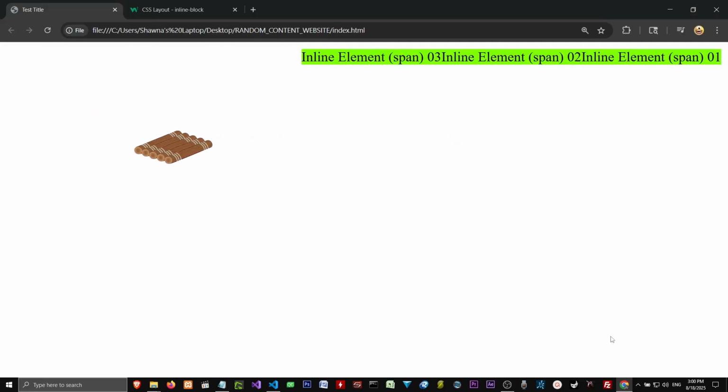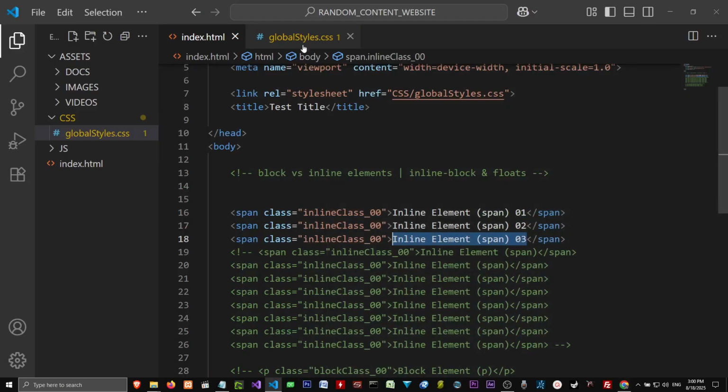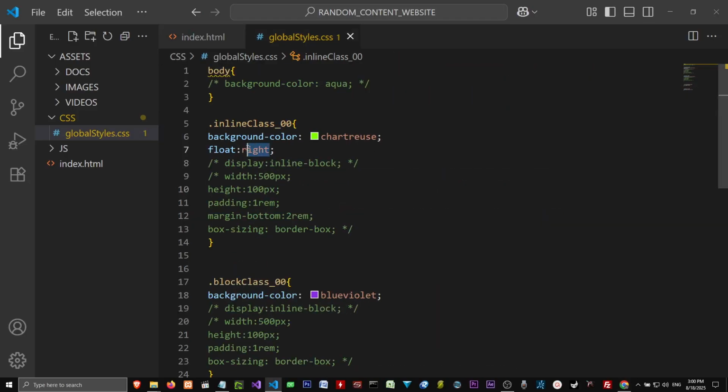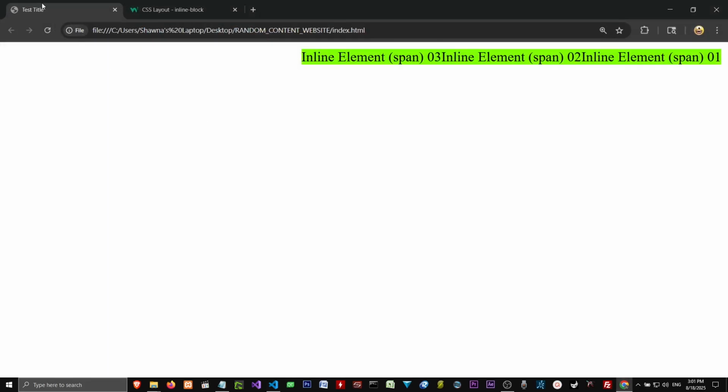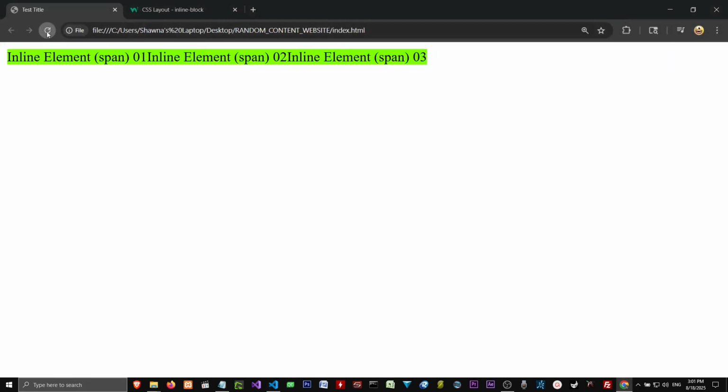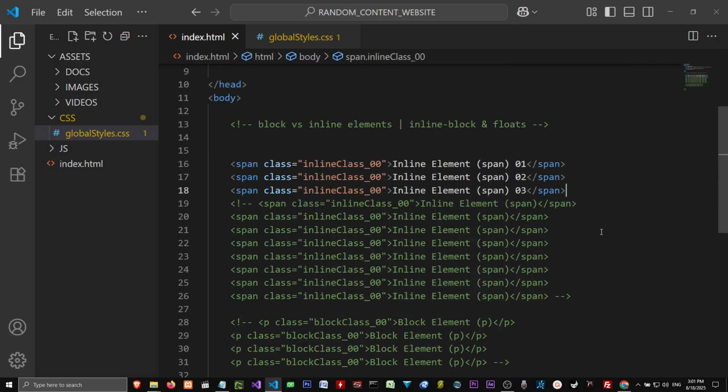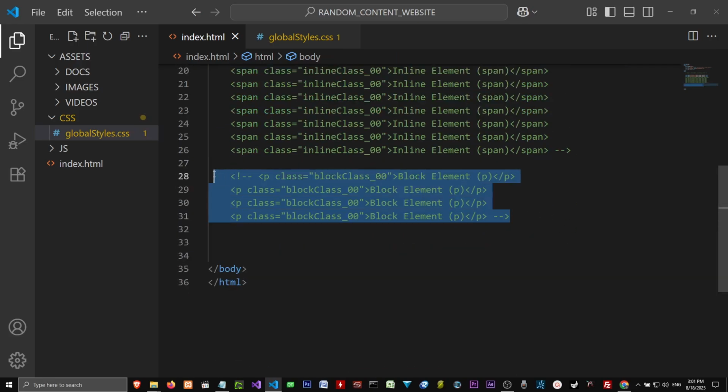So what happens when we come here and we change float right back to left, hit Control S, and we'll come in here and save that again for good measure. We'll come to our page and we'll refresh the page. Well, now it's 1, 2, 3. Well, again, not everything is as it seems, and these are things you're going to have to get used to when you work with CSS. What happens if we come down here to our